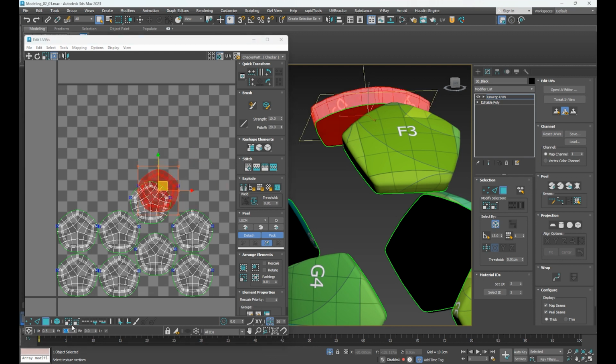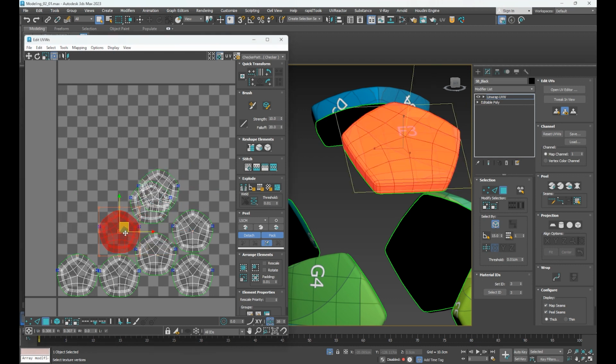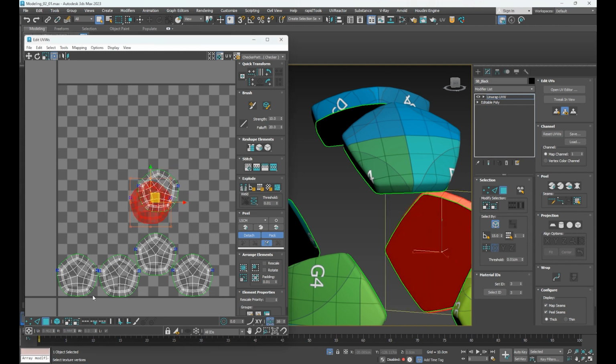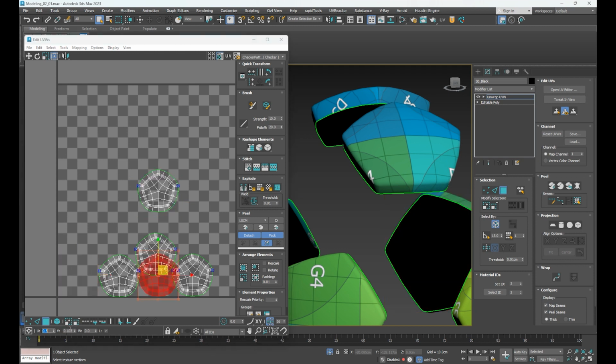On the other hand, if we use a plugin like UV Tools, we will save a lot of time on such actions. So UV Tools is a powerful plugin for 3ds Max that enhances the UV editing capabilities. It provides a comprehensive set of tools and features to streamline the UV unwrapping process. Overall, UV Tools is a valuable asset for improving productivity and achieving high-quality UV mapping results in 3ds Max, and